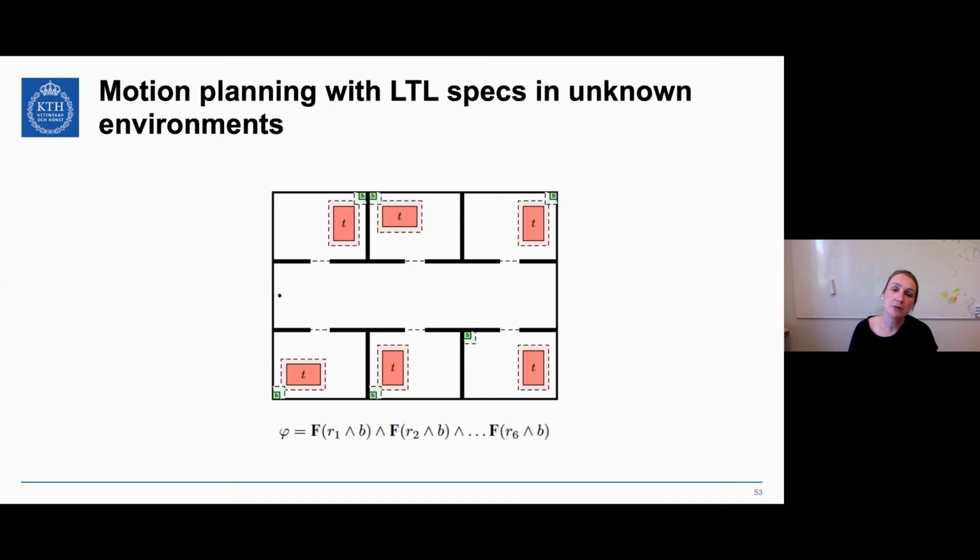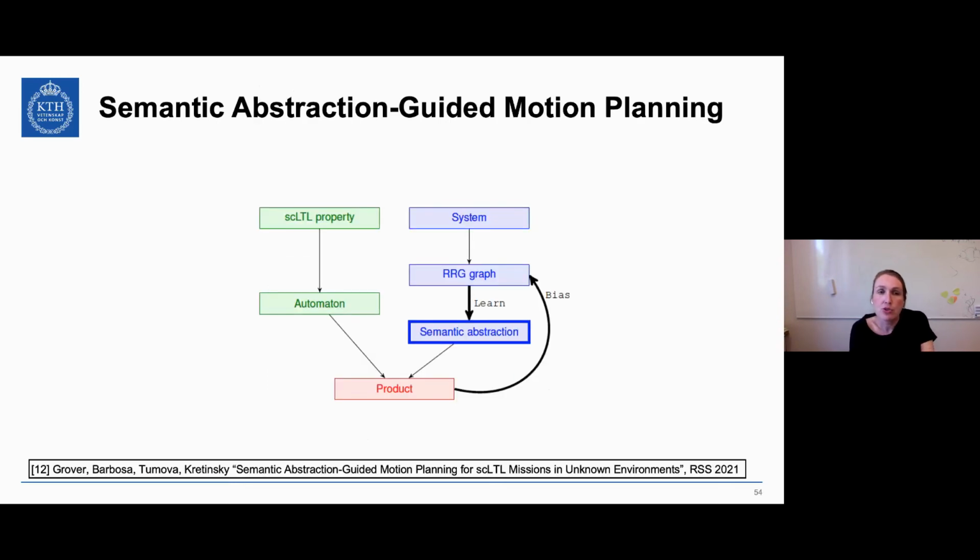And we were wondering whether we can learn these patterns as we go and make integrated exploration and motion planning that will be faster than doing exploration, finding out where the things are, and then doing motion planning with LTL specifications. So what we proposed is something that we call semantic abstraction guided motion planning, where we